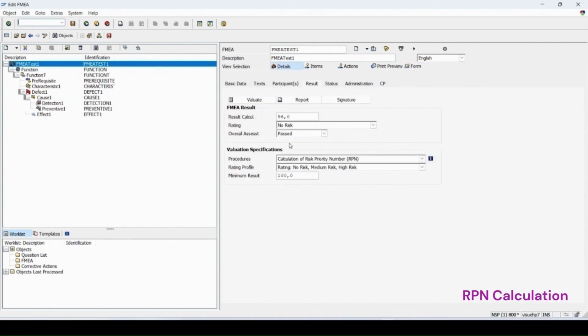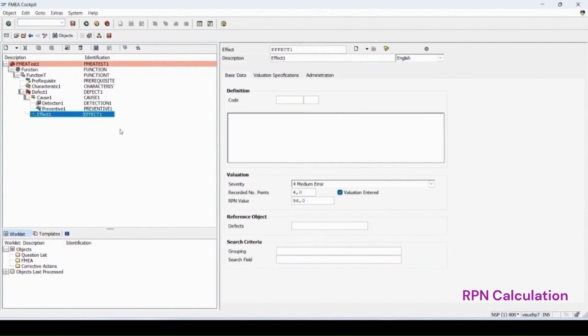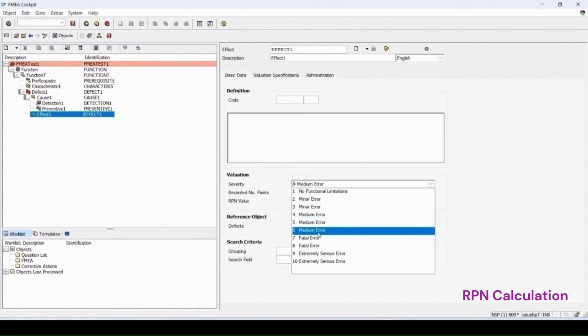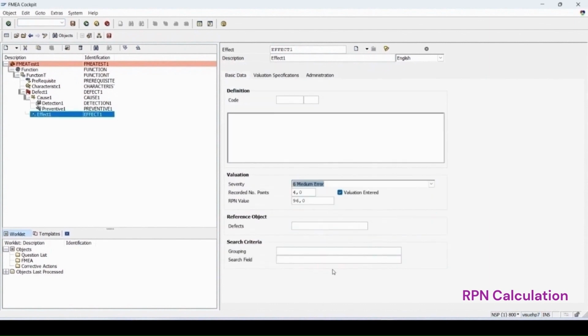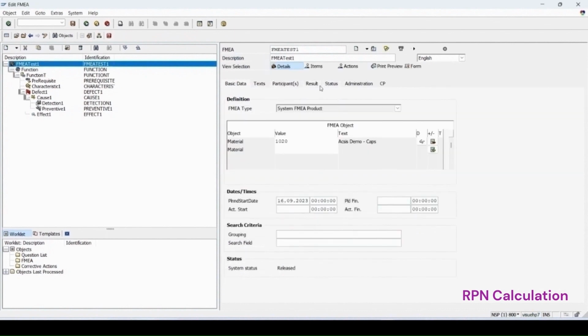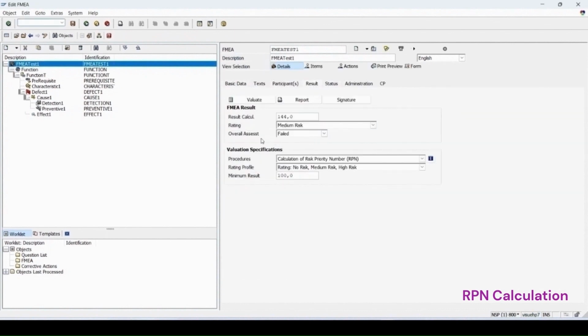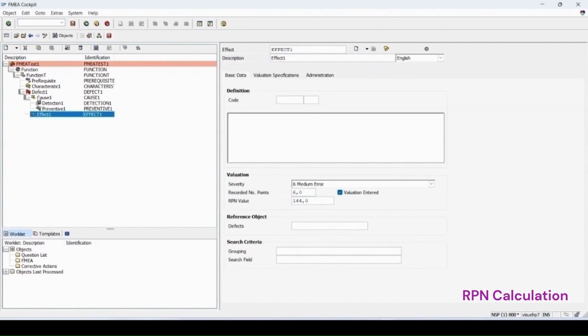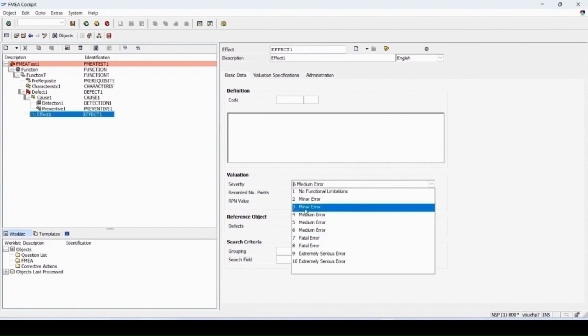But if I change it to say 6 and press enter, then you can see it is 144. And again, if I go to FMEA and in the result tab, here you can see the overall assessment is now showing as failed, and the rating is medium risk. The value is coming as 144. Since my result is coming as 144, which is a medium risk, let me change my effect to say 5 only,